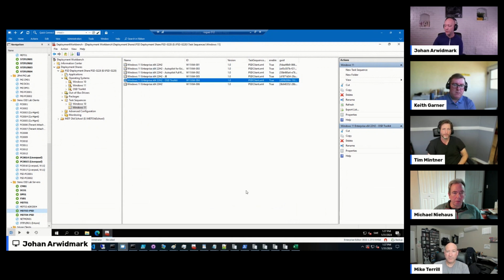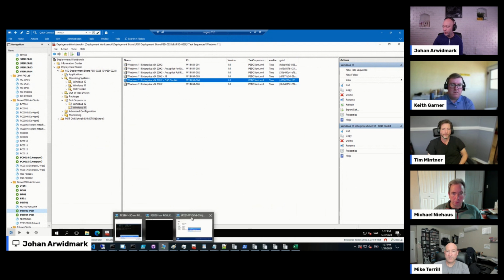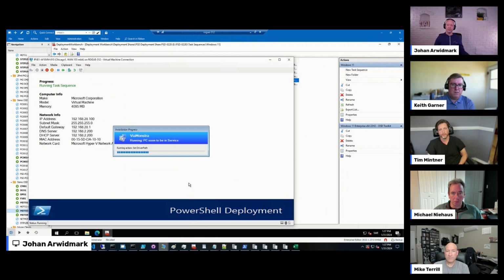But that means that now when I do imaging, as soon as there is someone around that has the content, the machine will be able to peer from that device. If there is nobody around, it will download directly from the web server. But this is particularly interesting for two reasons. One is cost, because it costs about $1 to deploy a machine if you pay for the entire download from Amazon or Azure. But if you only download 10 megs from there, and the rest comes from local friends, it's much, much faster. Plus, it's cheaper. A lot cheaper. You can deploy hundreds of devices within an hour by peering content to each other.